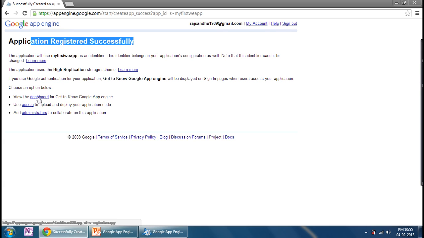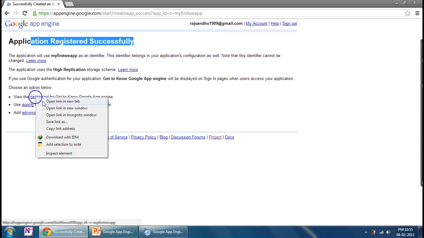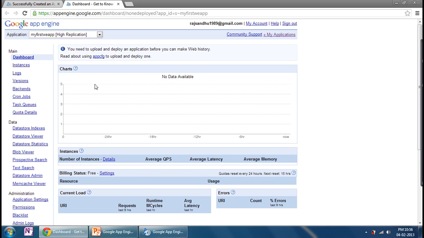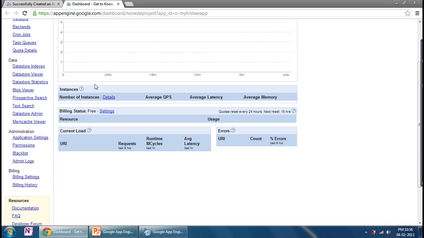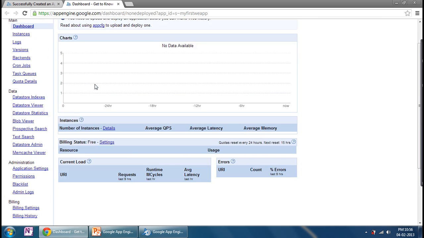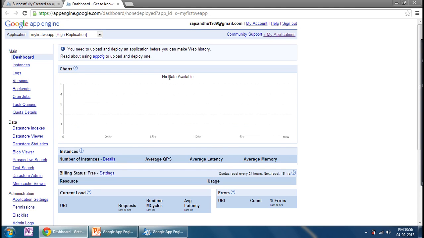You can view your dashboard, your application configuration, and administration. First, go to the dashboard. Okay, this is my dashboard, which I mentioned in the previous tutorial's presentation, for managing our web application. This shows the amount of requests that came to our web application in the previous 24 hours, 18 hours, 12 hours, 6 hours, and now.